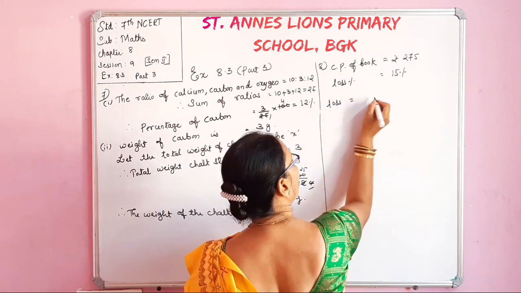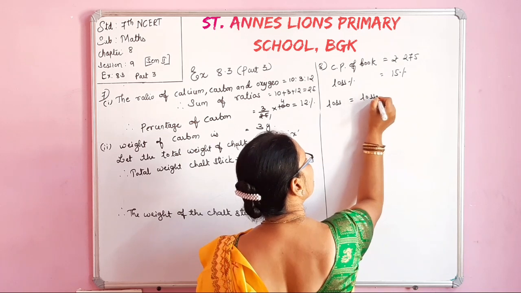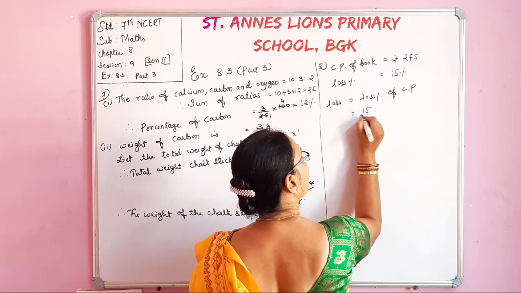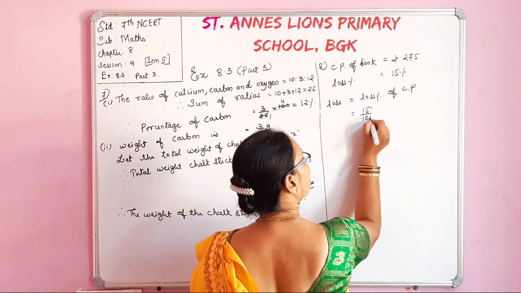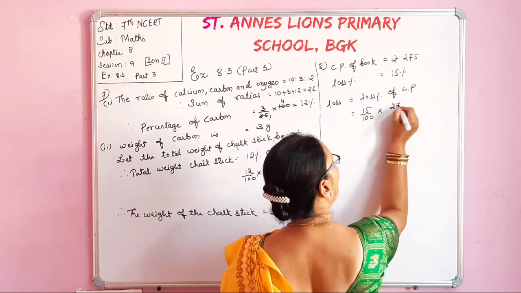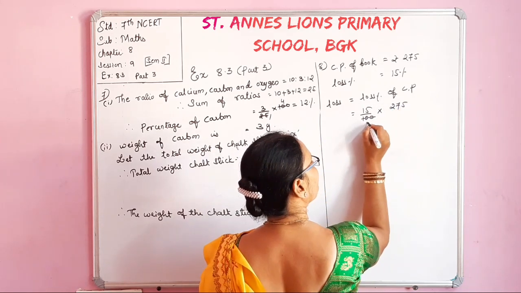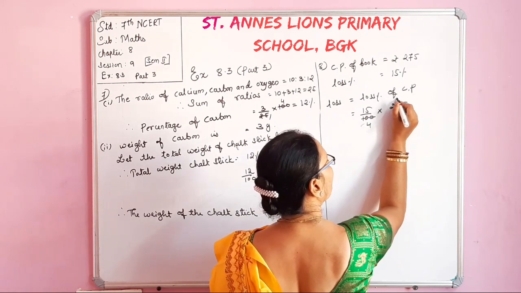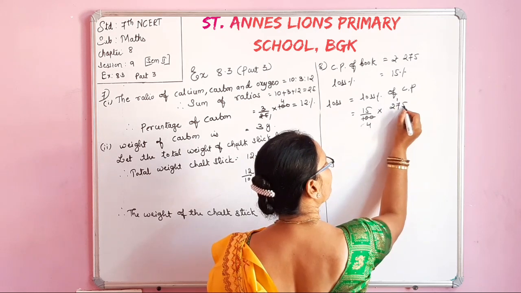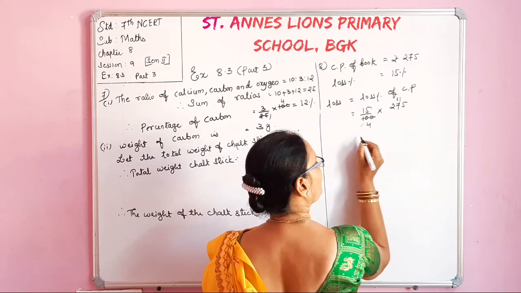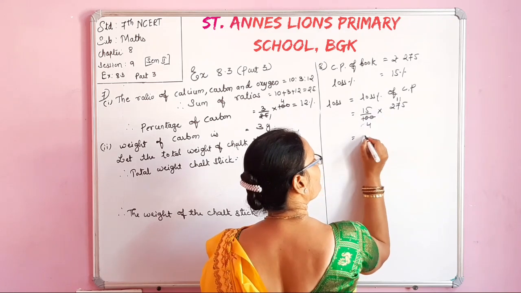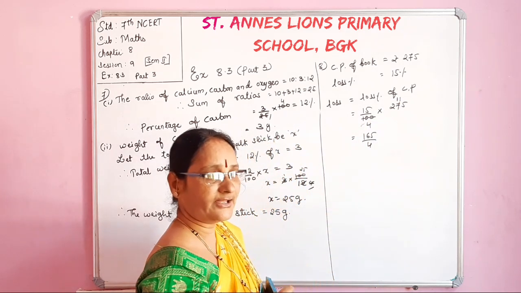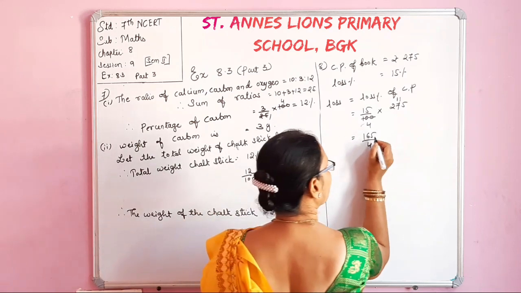Loss is equal to, already we have done one such type of problem, loss percent of CP. Okay, yes. What is the loss percent? 15%. That can be written as 15 by 100 into what is the CP? 275. Now with 5 we can cancel it. 5 20s are 100, or 25 4s are 100, we will take it. 25 1s are 25. 1 will remain here. 2 will remain. 11 1s are 11. Okay. See now 15 11s are 165 by 4. 11 5s are 55. Carrying 5. 11 1s are 11 plus 5. 16. Okay. 165 by 4.